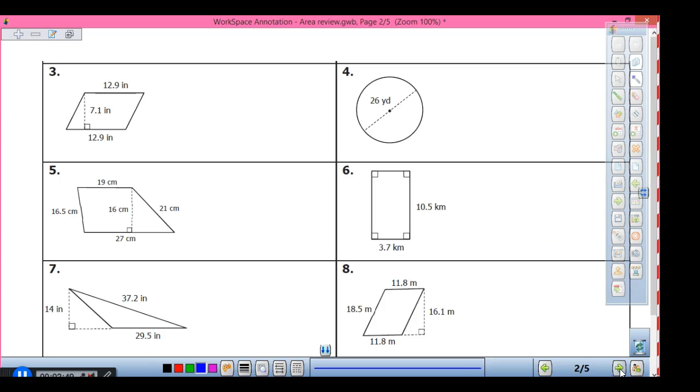Let's look at, okay, so if I'm looking at number 3, what is number 3? It's a parallelogram, yep. So it's just base times height. Okay, number 4, it's a circle, right? What's my radius of my circle? 13. So I'm going area equals pi times 13 squared. Our area equals 169 times pi, right? Area is